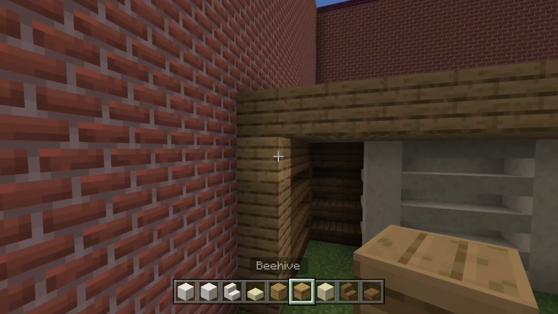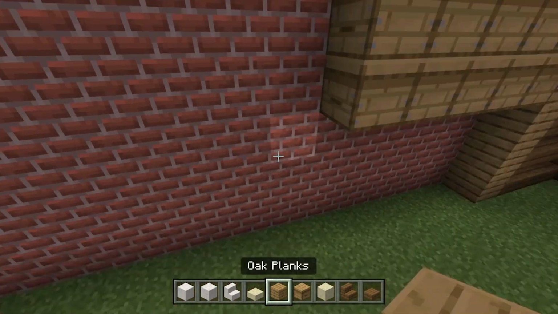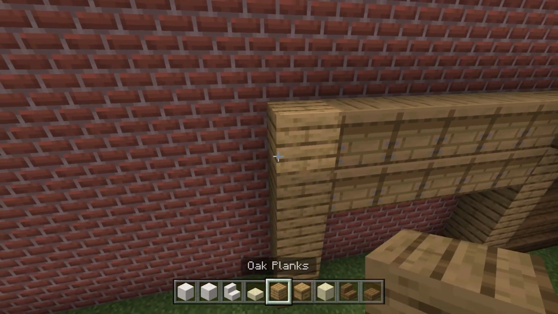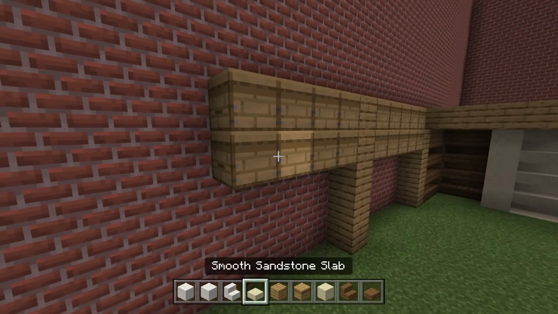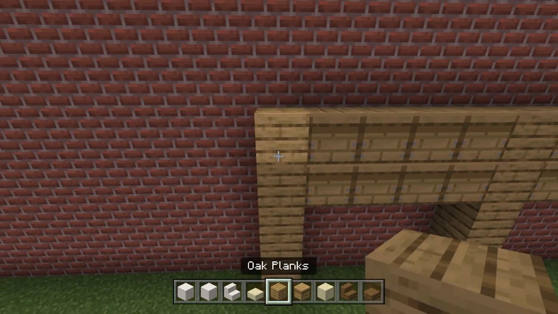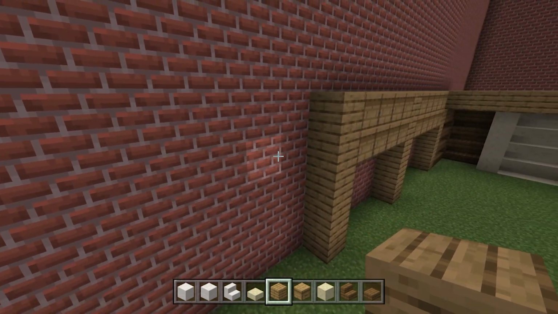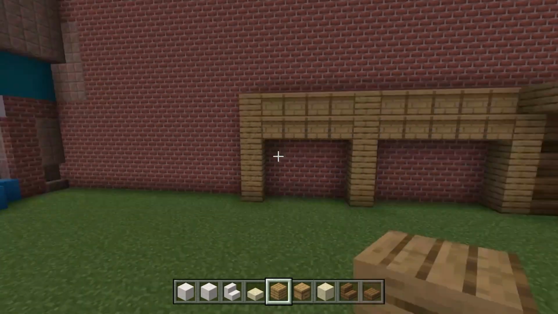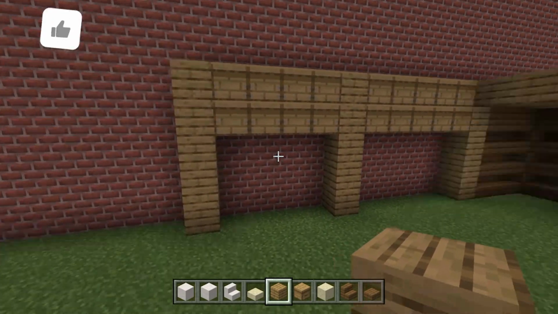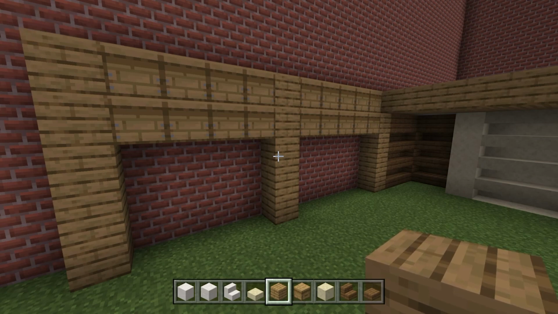So again, we start with 5 beehives. 1, 2, 3, 4, 5. Obviously 2 layers of these. Another 5 oak planks. 4 beehives. And here, and another oak planks. And then we want to go with, I believe, another 4 up this way, except this is where it changes a bit for that Kodak camera area I was on about. So what you might need to do here is, if you wish to,